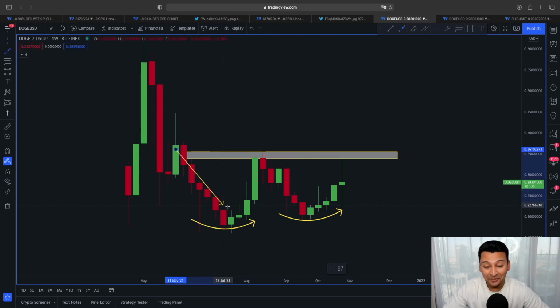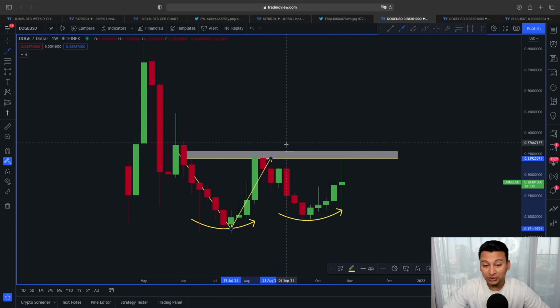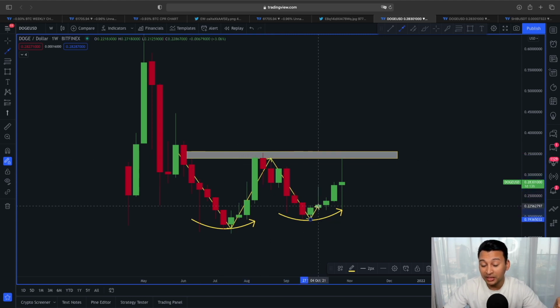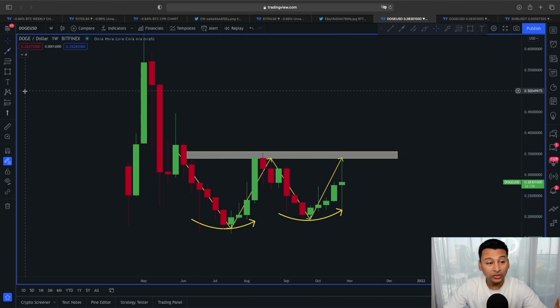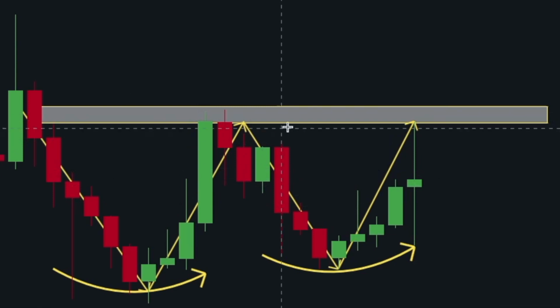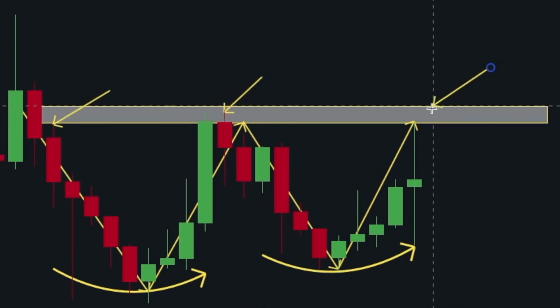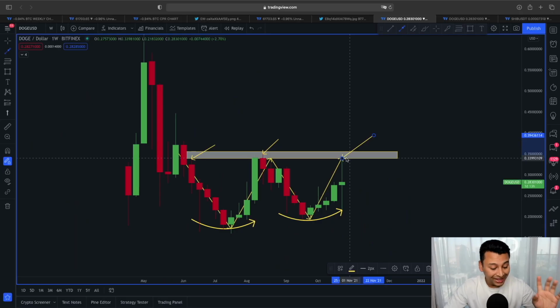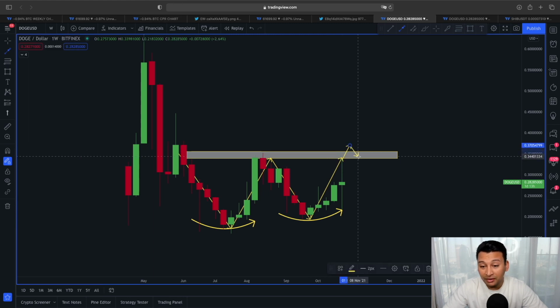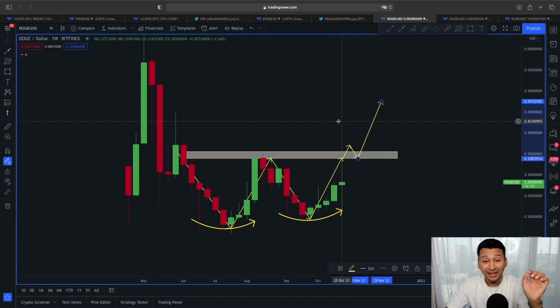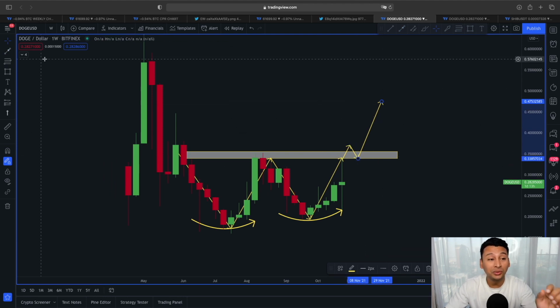Why? Because you can see here, double bottom, price started this new rally, got rejection and formed this neckline, right? And when we saw this price retracement, you can see again before starting this rally to the upside, this week also got rejected exactly after reaching the neckline area, right? You can see here, we got a rejection exactly around this 0.33 or 33 cent area. So that is also indicating right now, if the price of Dogecoin is going to break this resistance and flip it into support, this could be an indication the trend could potentially continue to the upper direction.